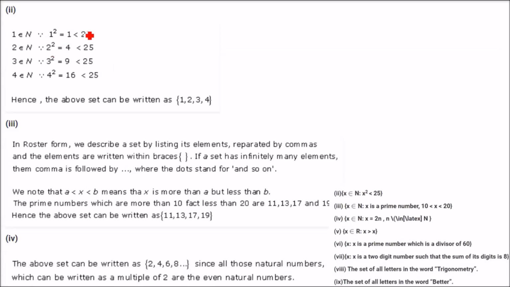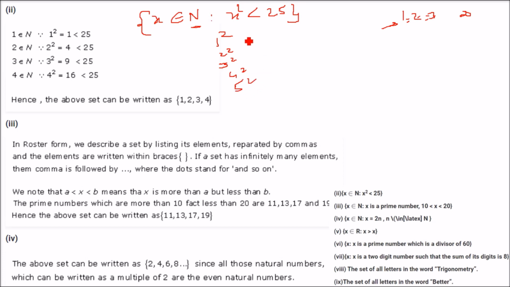Next is: x belongs to capital N such that x square is less than 25. Here N stands for the natural numbers, and we know natural numbers start from 1 until infinity: 1, 2, 3 like this. There is no restriction, so it has to start from 1. Whenever we do the square, it has to be less than 25. That is 1 square, 2 square, 3 square, 4 square, 5 square. So 1 square is 1, 2 square is 4, 3 square is 9, 4 square is 16 and 5 square